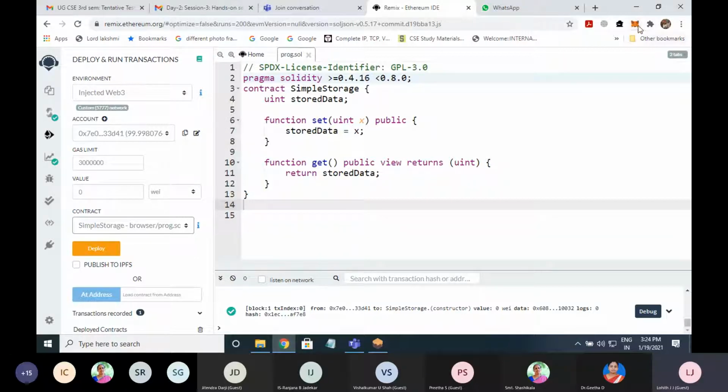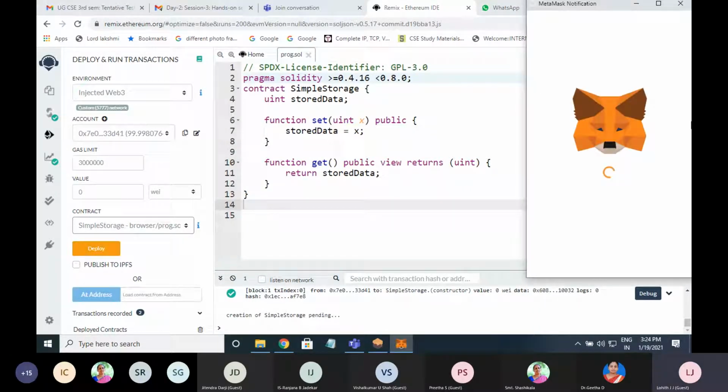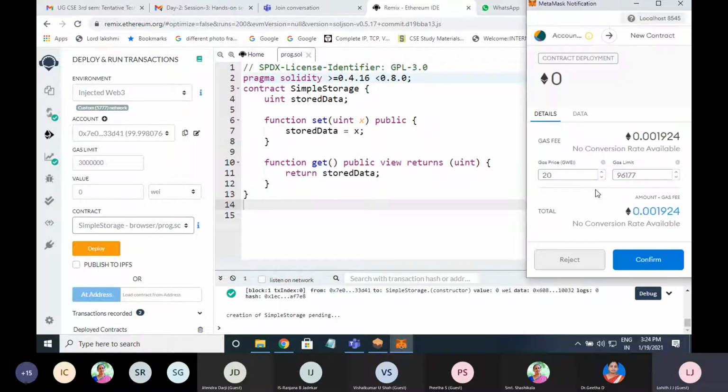That is taken care of by MetaMask. So when I try to deploy this, see here, MetaMask will be active and it is asking me to confirm. Only after confirming that, the transaction will be stored in the blockchain. Now I'll confirm that.